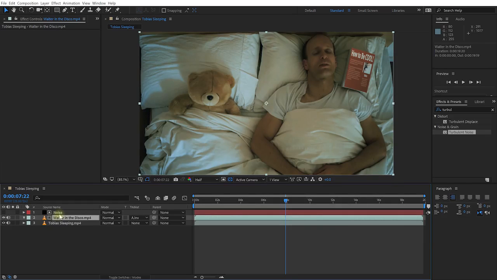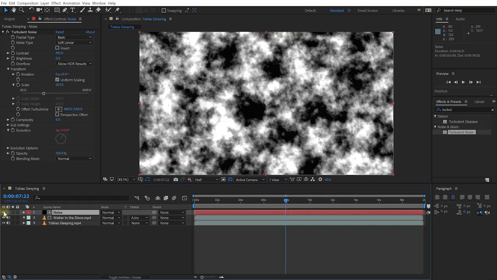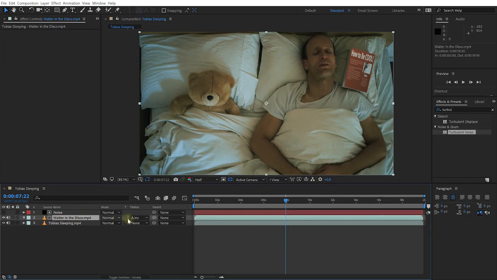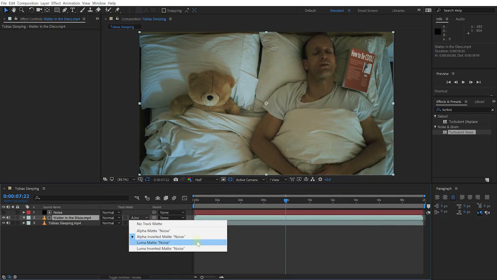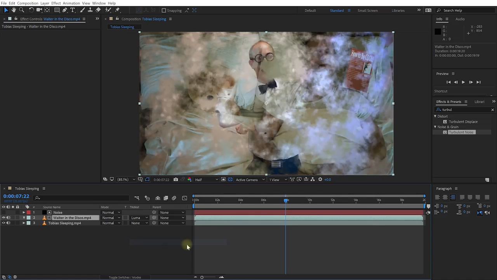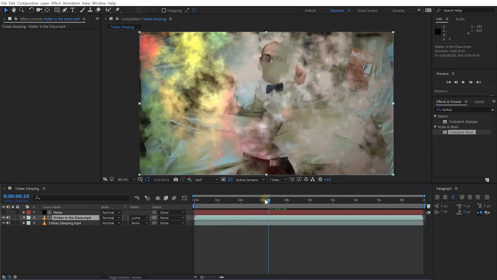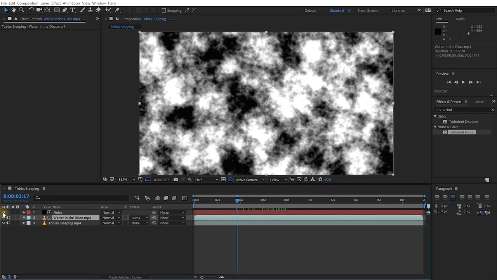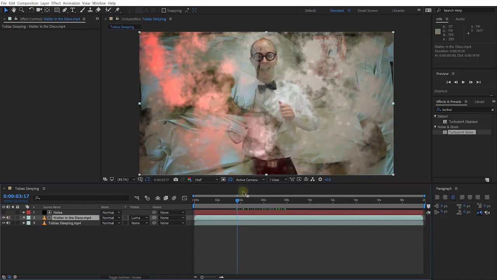But what we want to do, because our noise, again, let's re-enable visibility, has these nice dark and bright spots, is change the track matte on my Water in the Disco layer from alpha to luma, to the brightness of the layer above it. So let's change this to luma matte. And now we have the Water in the Disco layer visible wherever our noise layer is bright. Wherever we have white in this noise layer, our Water in the Disco layer is actually visible. And because we've animated this noise, that changes. So you get this